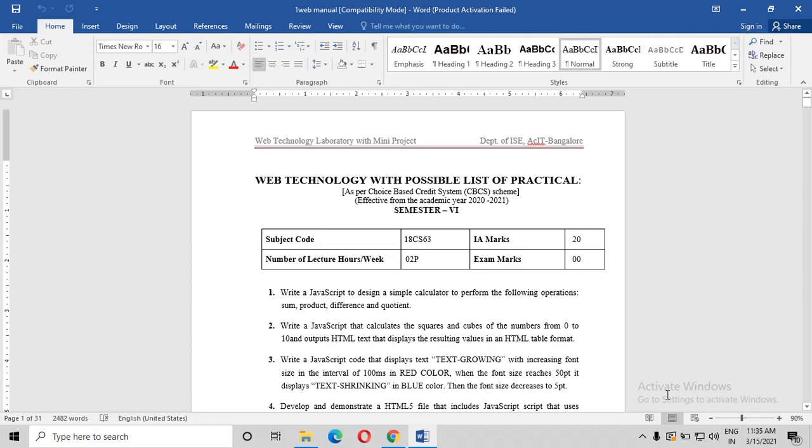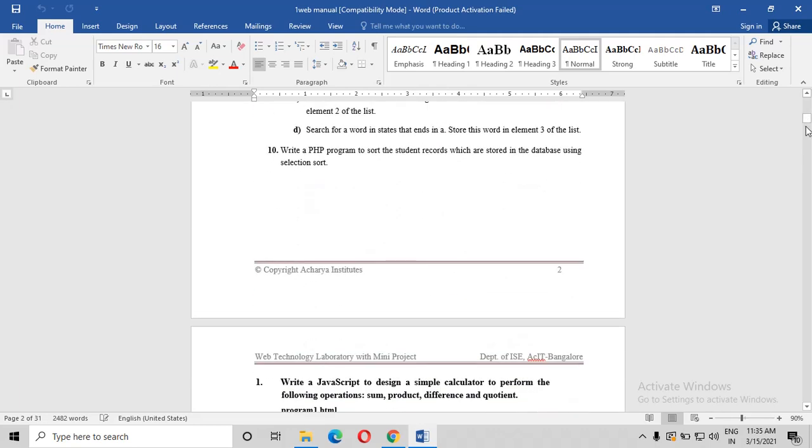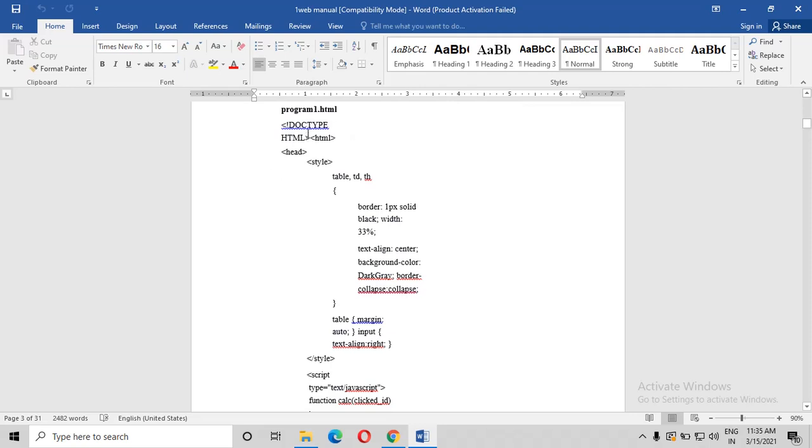Okay, so you know that you're going to start your web program with the doctype HTML, right? And that is with the angle brace you're going to start, and here it is, that is exclamatory doctype HTML, right? So doctype HTML, head, and there are two sections when we are writing the programs. Doctype HTML, the head section will be there, and the body section. Coming to the head tag, right? We are taking the style tag. Inside the style tag, we have taken the table, TD, TH.